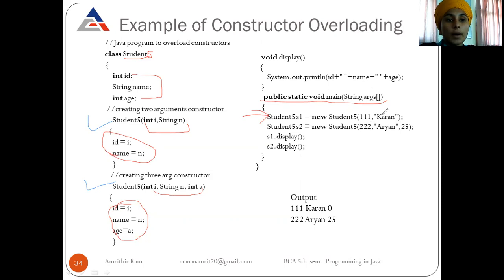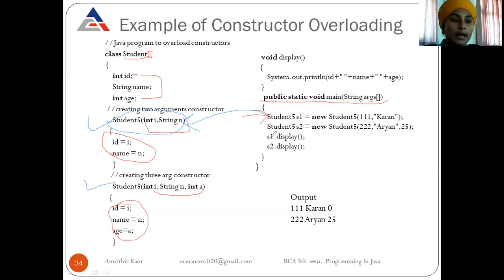Here we are passing two parameters, so for two parameters, this constructor will be called. After execution of this statement, control goes to this constructor. Now ID becomes 111 and name becomes Karan, but age is not passed, so it will take the default value, and the default value of integer type is 0.